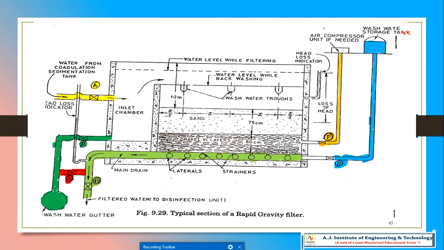This water will travel like this and come in all directions. It passes through the bed of the sand and collects here. After that it goes to this particular B valve. Here we have to open B, then the filtered water will go to the disinfection unit. This is the actual process.